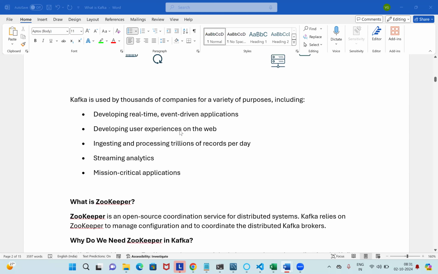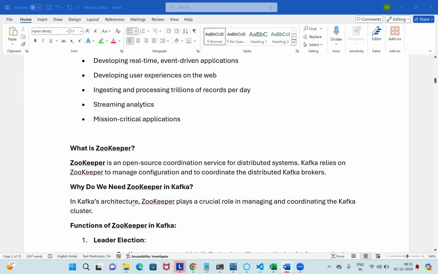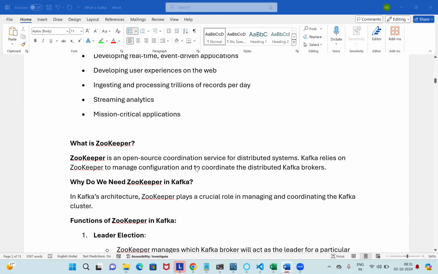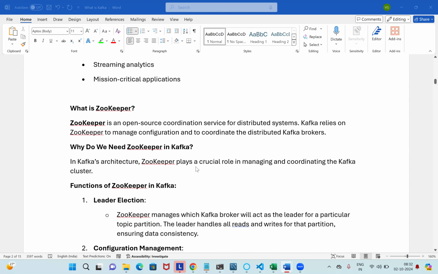Now one more thing, Zookeeper. It's a coordination service to distribute topics from the centralized point. Generally we know multiplexer and demultiplexer. This Zookeeper has the intelligence that if it receives an input of 1 lakh messages at a time, it will be able to identify and send each specific application to the consumers. Zookeeper manages the configuration and coordinates the distributed Kafka brokers.